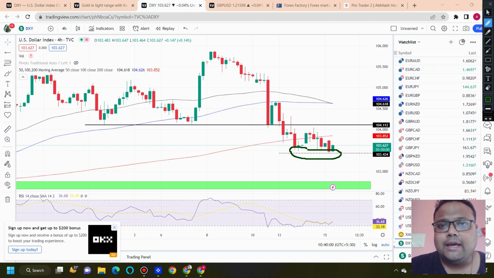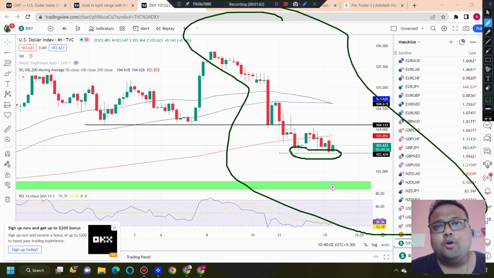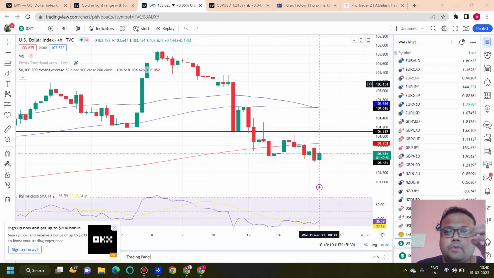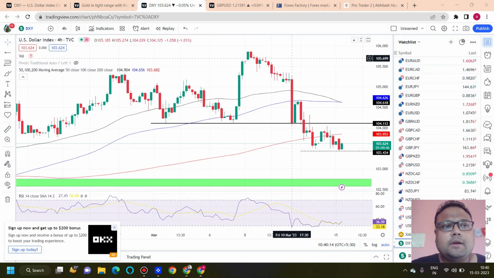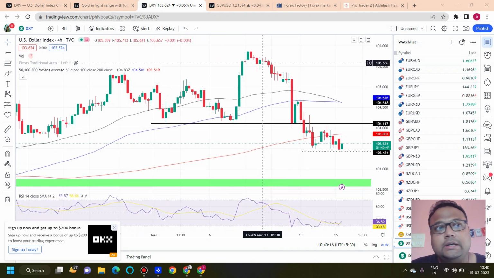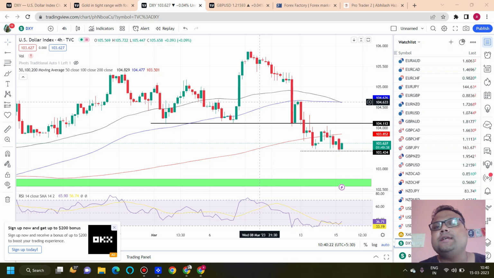But we should not forget that the overall sentiment of DXY is still very much bearish, means the sellers are dominating the market here. So as a result, my dear friends, you must be very careful if you're bullish on the dollar right now. Okay, and the market is mostly waiting for the FOMC that is about to take place